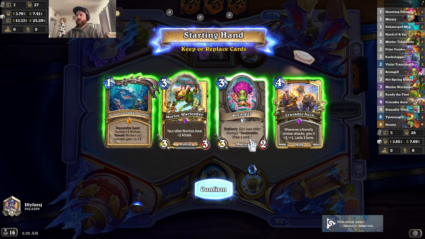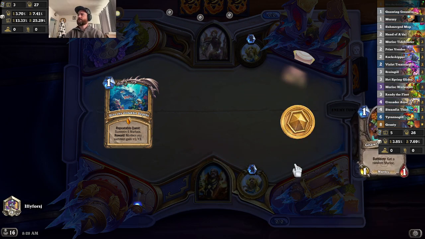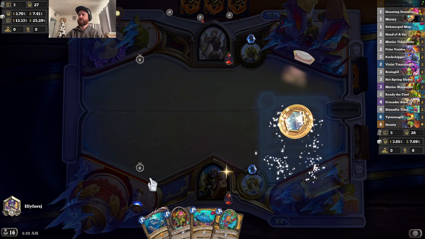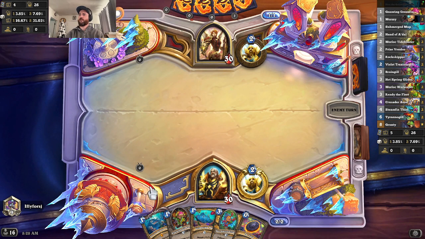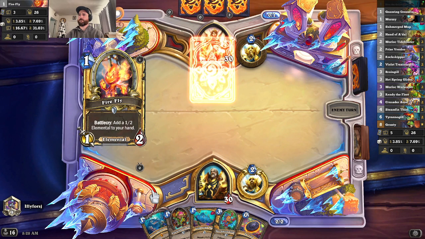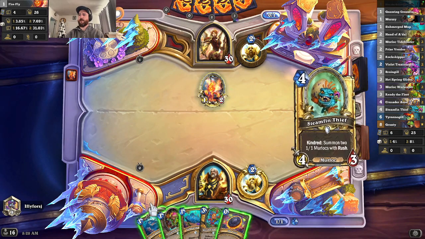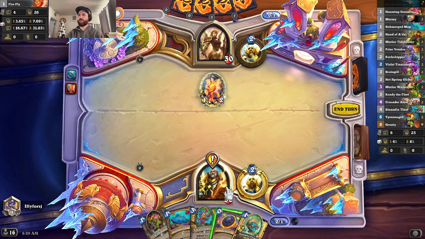Let's see what we're doing here. Hopefully not the mirror match, because that's pretty miserable. Decent hand. Not the best, though. Yeah, going first is a huge advantage in the mirror match. Oh, I think they're playing the hyper aggro deck. So do I coin the green fin out, or...